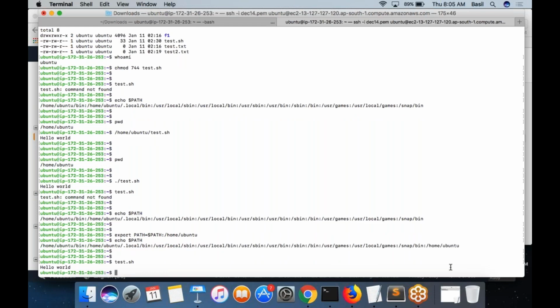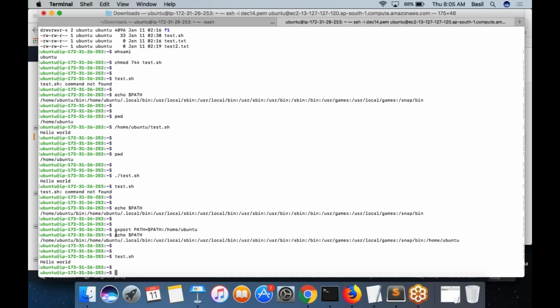Exactly. This export command which you run in a session is not a permanent command actually. It does not get applied permanently. Basically, it would apply only for your current session. You open your putty, then you run this command, then these settings would apply only to that putty session.